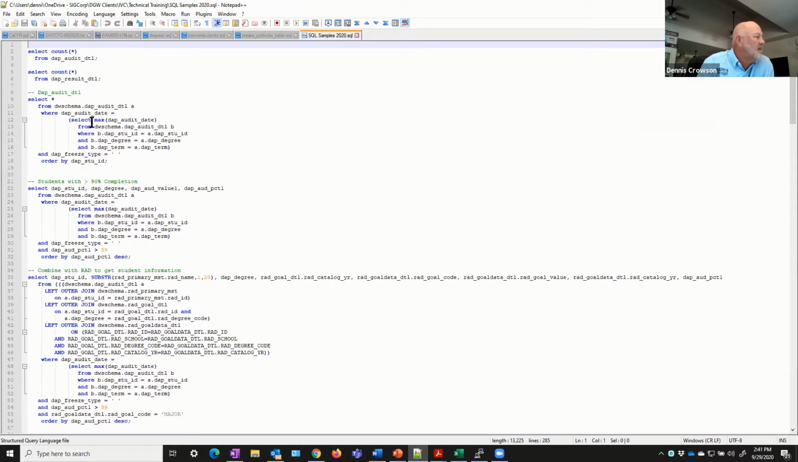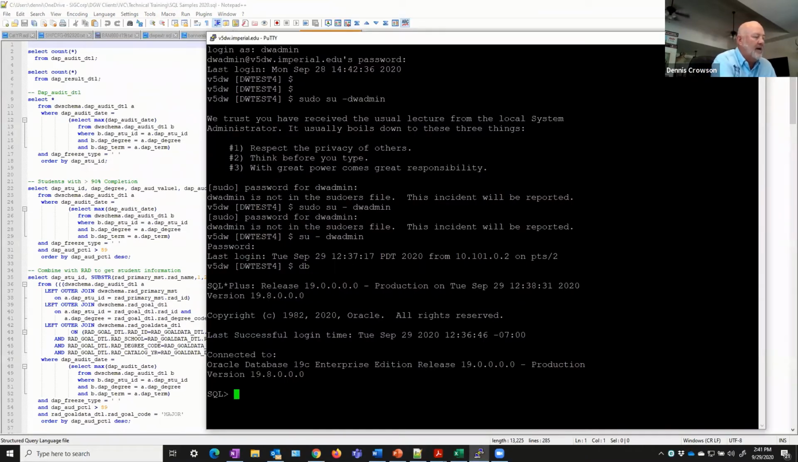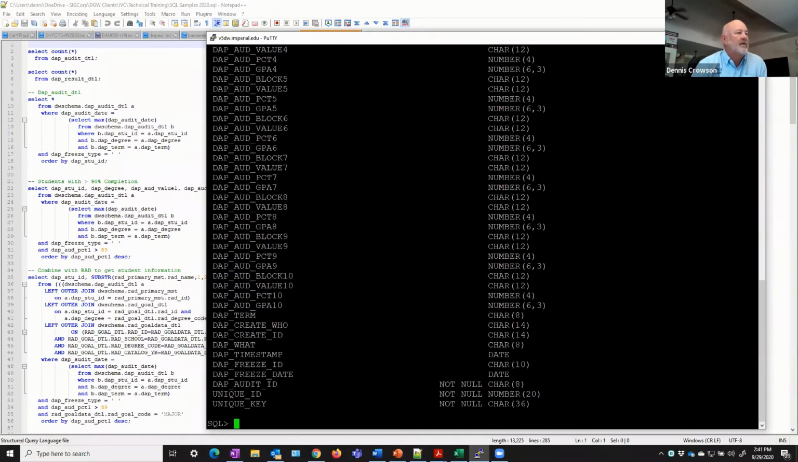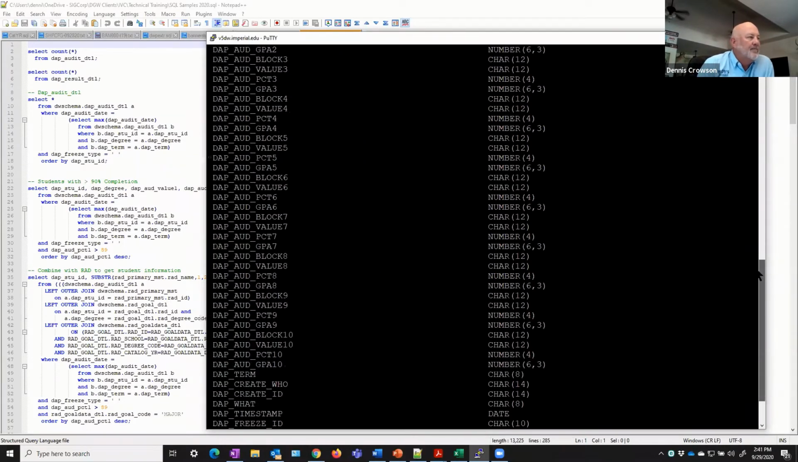Let's run. I'll tell you what, let's take a look at the file structure first. So I'm just going to describe DAP audit detail, and I'd recommend you guys do the same thing. So in DAP audit detail, you have